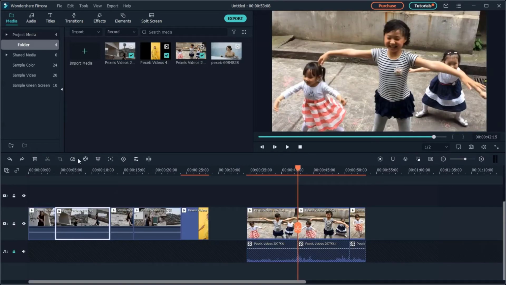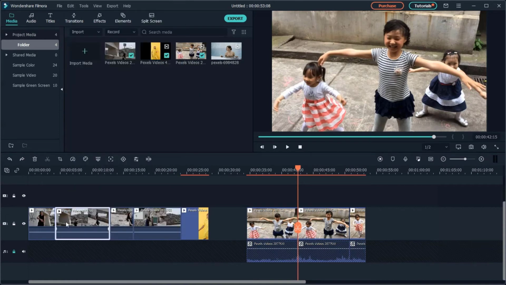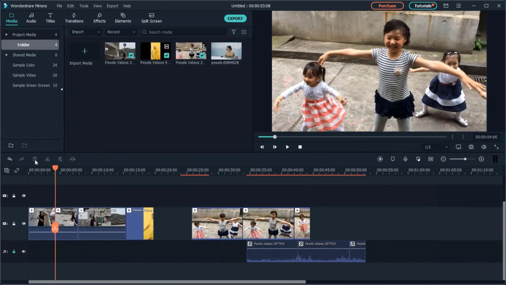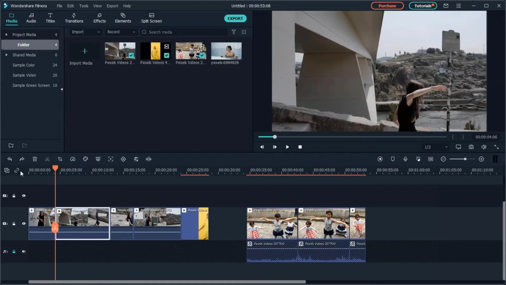When you delete or move clips in the timeline, it sometimes leaves a large gap in the timeline. You can avoid it by using the Ripple Delete command. When you use the Ripple Delete command on a clip, it will bring together the two clips on either side of it. This icon here is the Auto Ripple icon, and it is active by default. What it means is that you don't have to right-click and choose Ripple Delete in order to get a ripple edit. You can simply click on this delete icon and Filmora will perform a ripple edit for you. If this icon is inactive and you delete a clip, you will get a gap in the timeline.